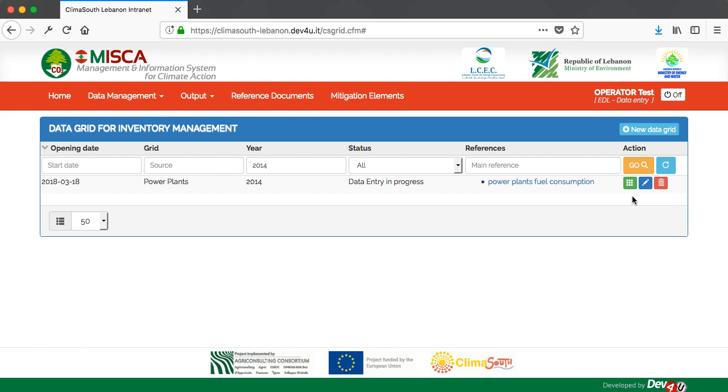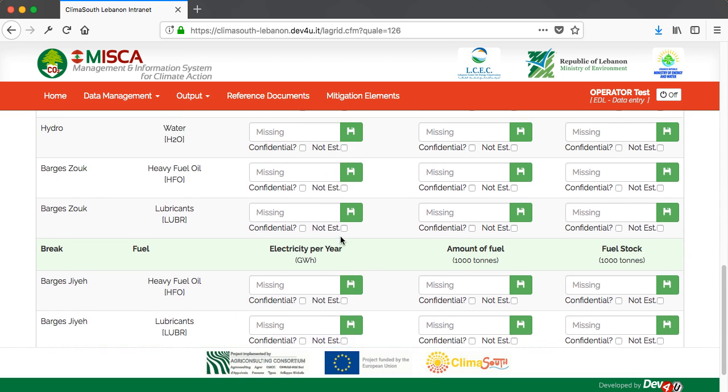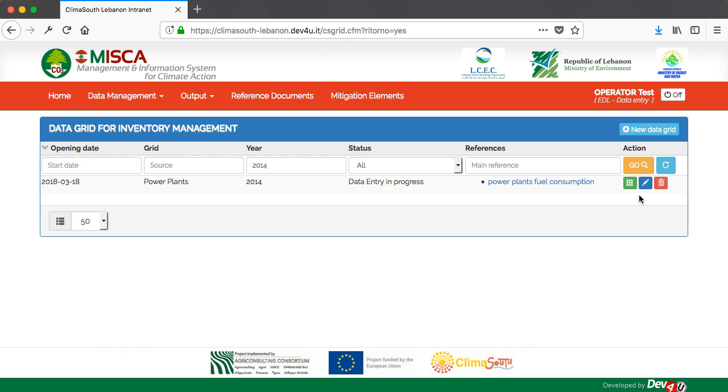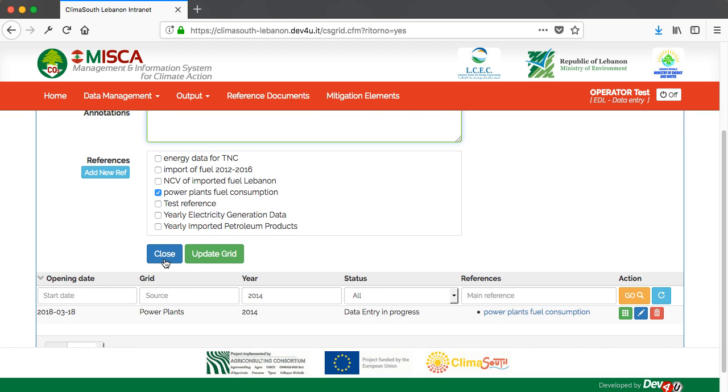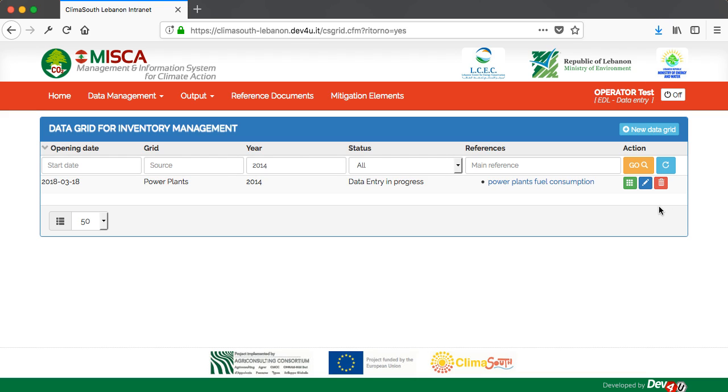for me to use, and you can see that there are three icons. The first one is the grid, to be used for entering the values. The second one is for when, for example, you need to add another reference, or you want to change something in the information or add an annotation here. And the third button, as you can see, is a trash icon,